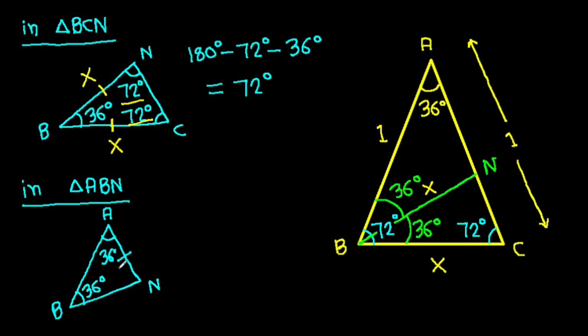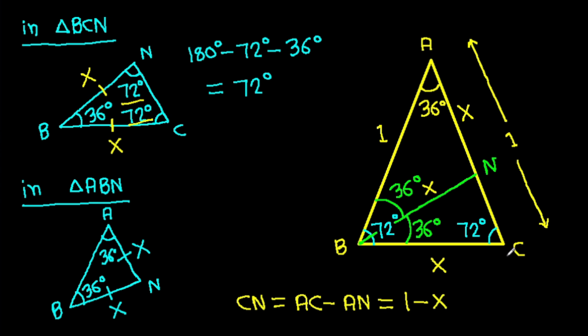That means AN, it will be equal to BN, and BN is X, so AN, it will be also X. AN is X, and CN, it will be AC minus AN, and AC is 1 minus AN is X. So CN, it is 1 minus X,